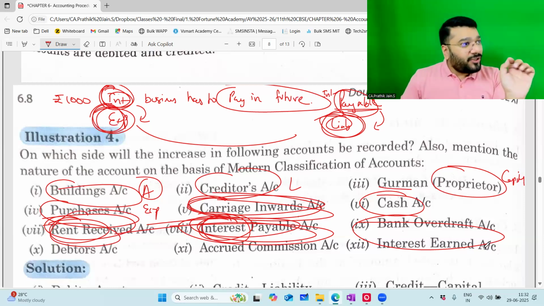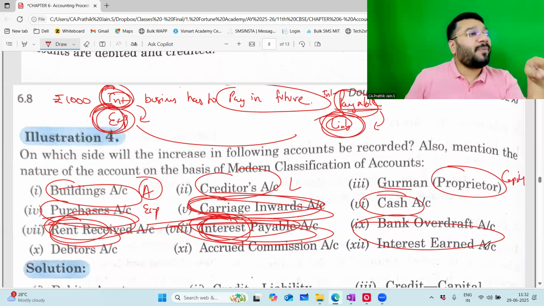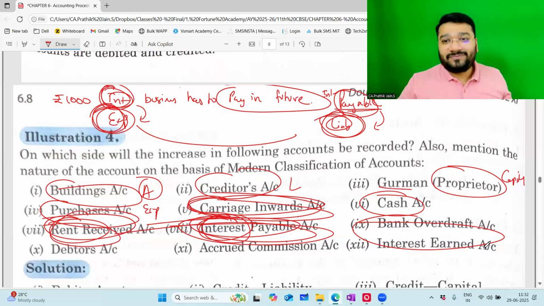Now, the moment I ask the question, the answer is coming instantly. That is the power of revision. This dialogue, how many times have I asked you? Anything that I own is what? Asset. Anything that I am yet to receive in future is asset. Liability. How many times have I asked? At least 100 times. Now, even in a dream, if I ask you, you will tell me this is asset, this is liability. This is the power of revision.